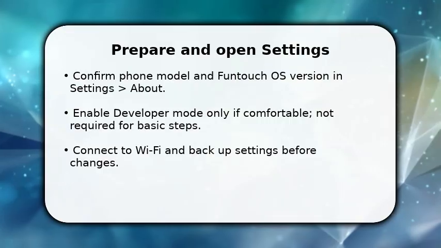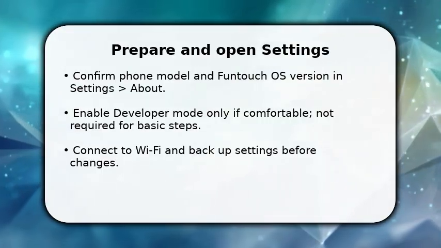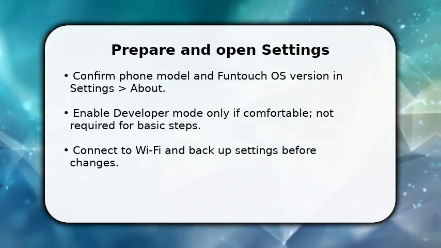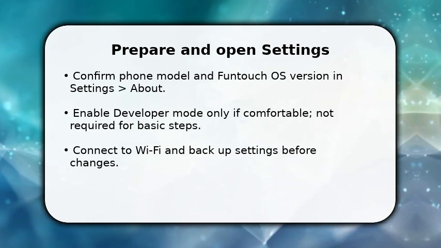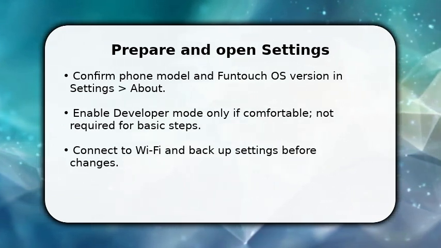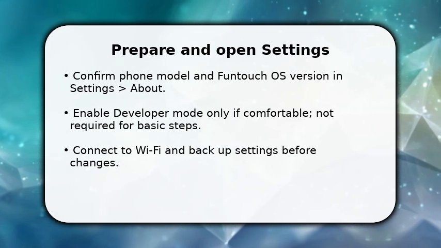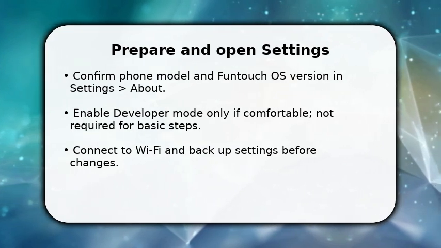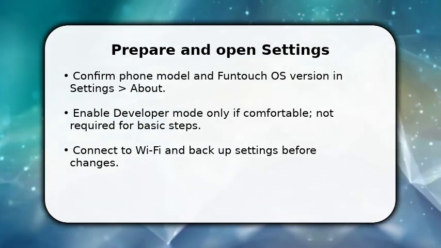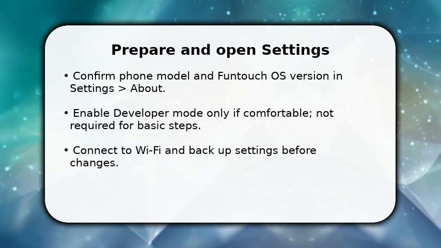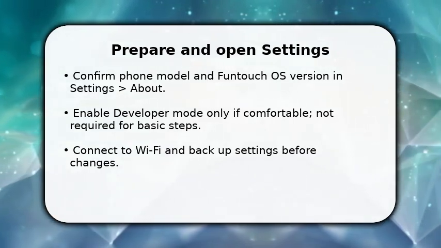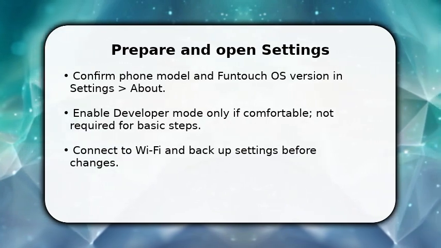Enjoy the video. You start by confirming your Vivo model and FunTouchOS version so you know which menu labels apply. Open Settings and go straight to Installed Apps and Permissions. This saves time versus hunting through submenus. Once done, make sure Wi-Fi is active and you have a quick backup of key settings in case you need to revert. You do not need root access for most removals, but identifying system apps early prevents accidental uninstallation of